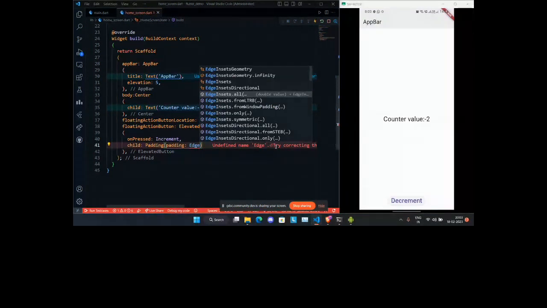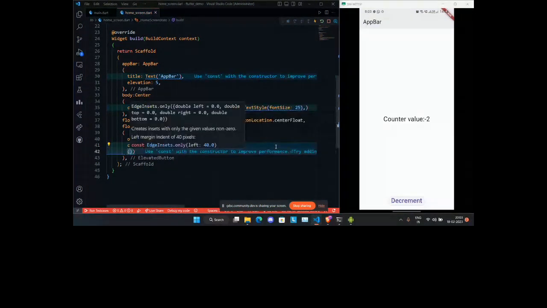Edge insets is basically the distance between the widget and the edges of the button. So I'm going to set edge insets dot all, or I can set edge insets dot only. I'm going to set edge insets dot only so that you know what we are doing in here.